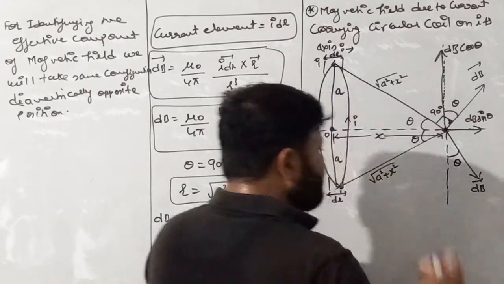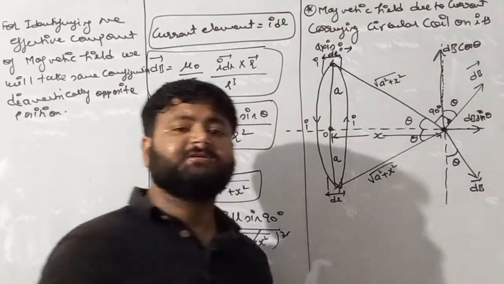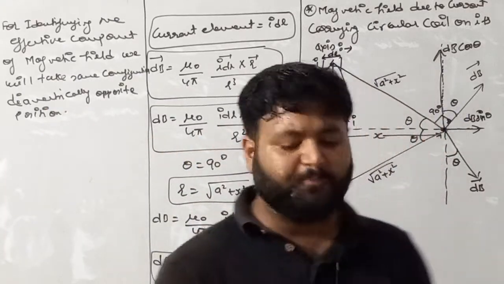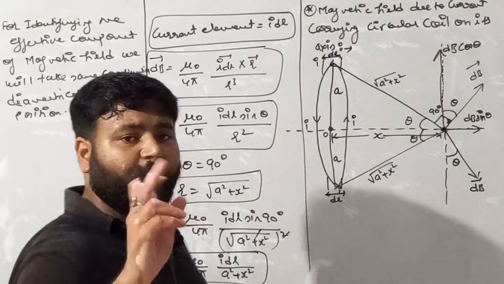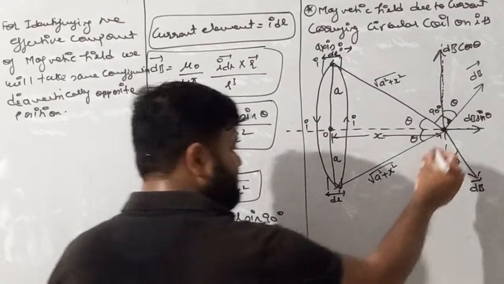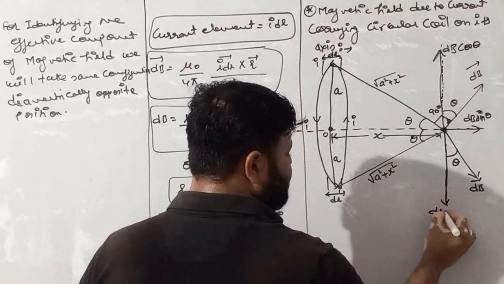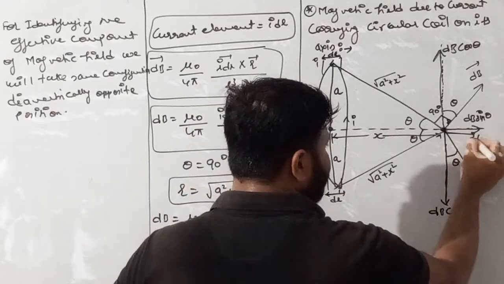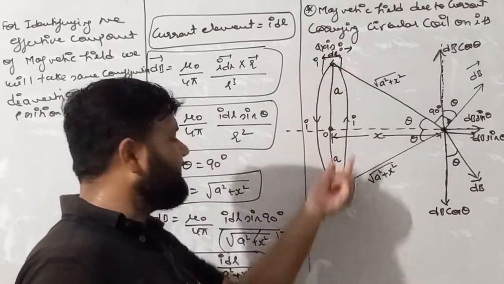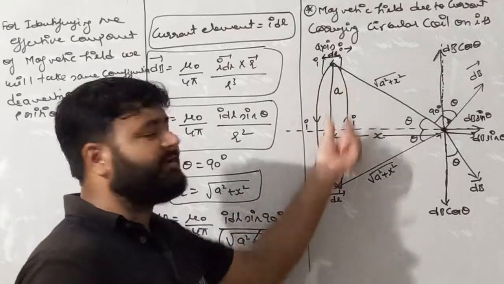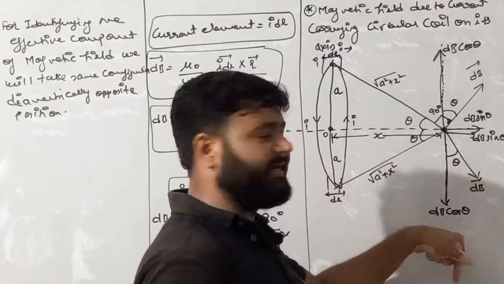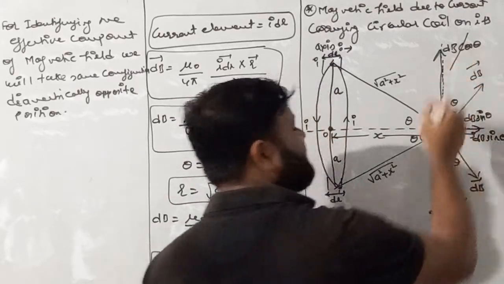Now break the components. As the magnetic field is a vector quantity, we have to split its components, and we are all aware that any vector quantity carries two components, one is cos, another is sine. The cos component must lie along the axis from where the angle forms. From this line the angle forms, so we can write here dB cos theta, here dB sin theta. Now see, my dear students, the magnetic field remains the same due to this element as well as due to this element, because every configuration is the same. So dB cos theta is positive, dB sin theta is negative, so dB cos theta and dB cos theta get cancelled.